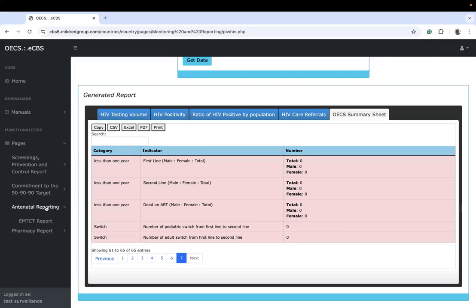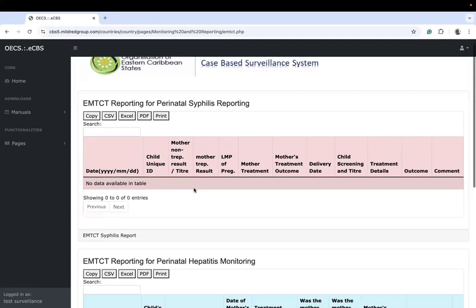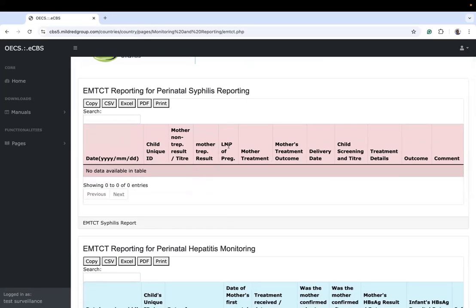Then we have the antenatal reporting, where we look at the EMTCT report, assuming we have records for perinatal syphilis recorded on the system. You will get that. This also comes from the EMTCT reporting sheet. It will give you the